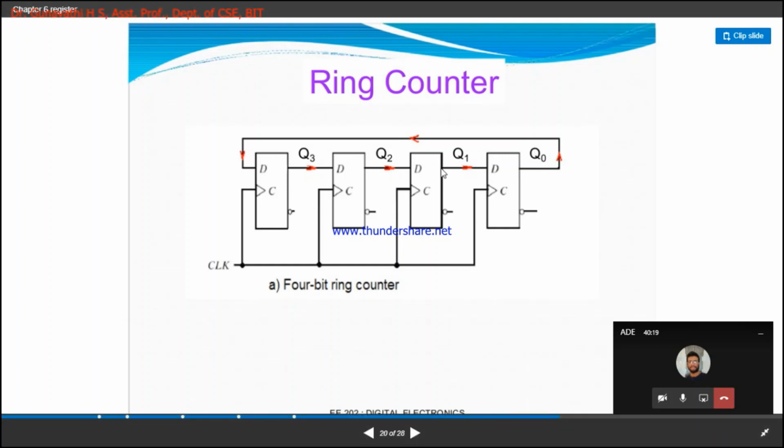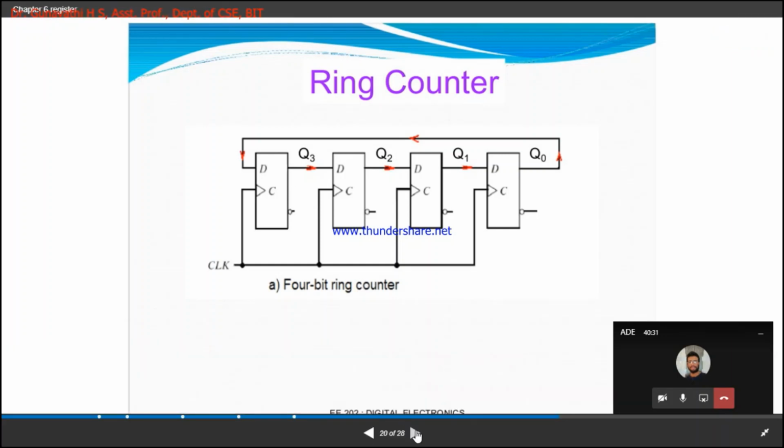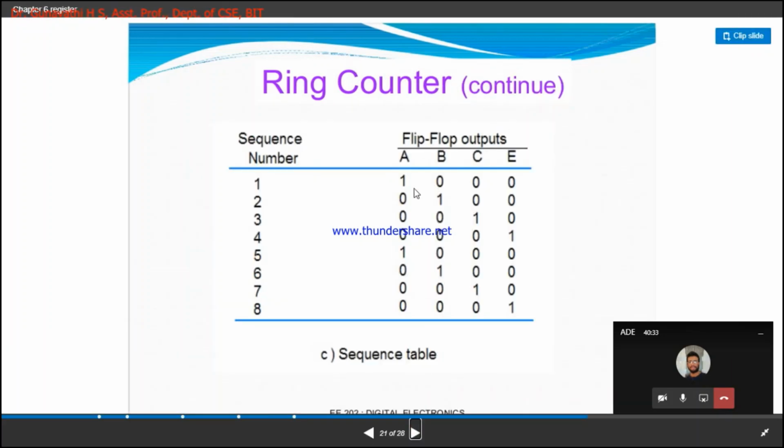You can write the explanation part for this. You can take 4 inputs 0 0 0 0, then how it's been generating with the next sequence, that we can write. I don't know whether the truth table is here. Yes, fine. So with the first sequence, suppose I generated this data 1 0 0.